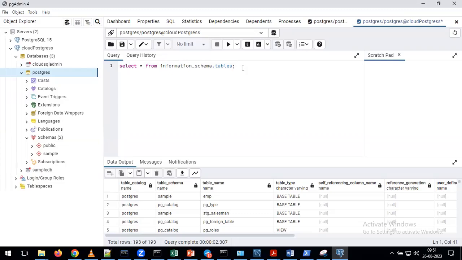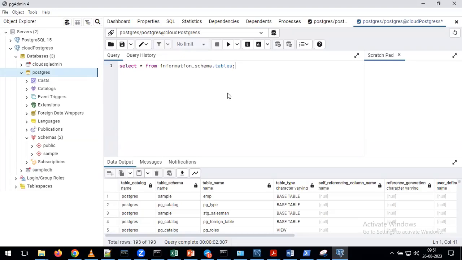Yeah, for me, when I click on the Cloud SQL admin, at that time I'm getting the error. No, don't click on the Cloud SQL admin, Andy. I'm telling you, please click on the Postgres. Forget about the Cloud SQL admin for some time. Click on Postgres and right click on it. Click on the query tool, and with that you will get this window. In this window, please run this query. If it is working, you can say you connected to the Cloud SQL without any issues. Yes, then I am able to open queries. Nice. Okay, other people still.